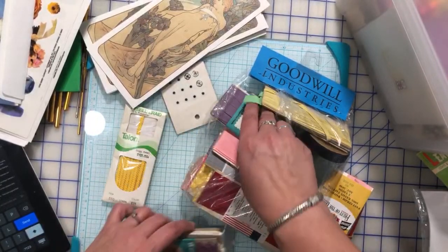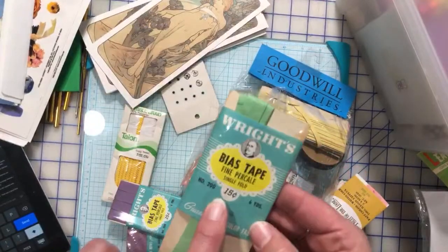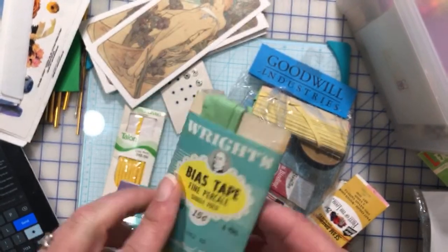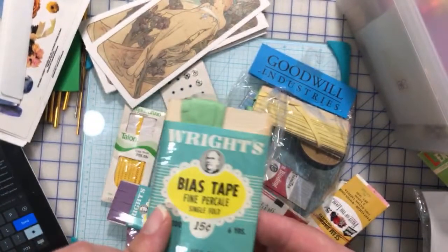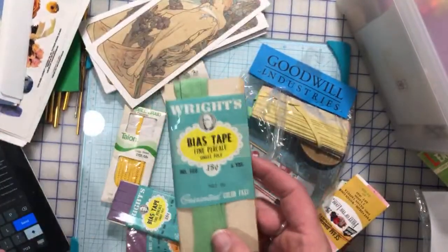But I was super excited. This to me is totally worth $2.99. I mean, look at these 15 cents. And even these labels are amazing. I love these labels. I really want to do a vintage journal that's not quite, well, so everybody says vintage